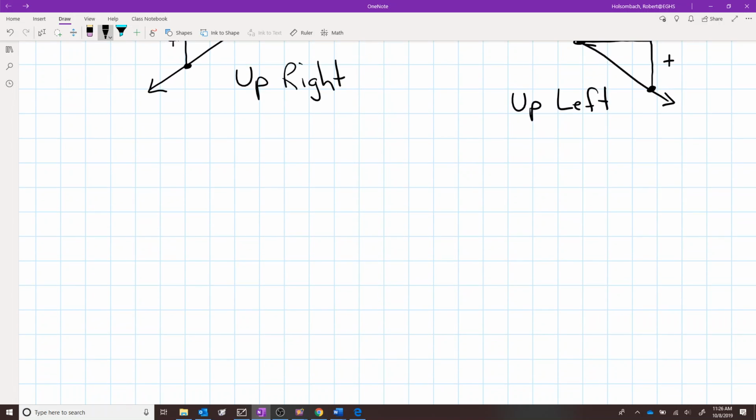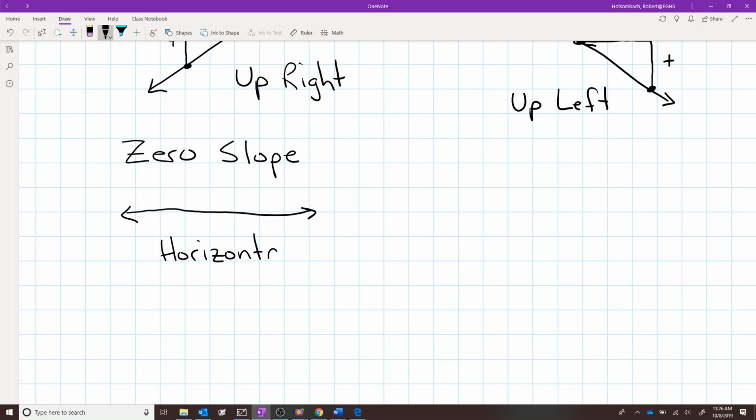You've got zero slope lines. Zero slope lines are horizontal lines. That is a crooked line. For the same reasons with your rise over run, if you have 2 points on a zero slope line, or on a horizontal line, and I'm trying to get from the point on the left to the point on the right,